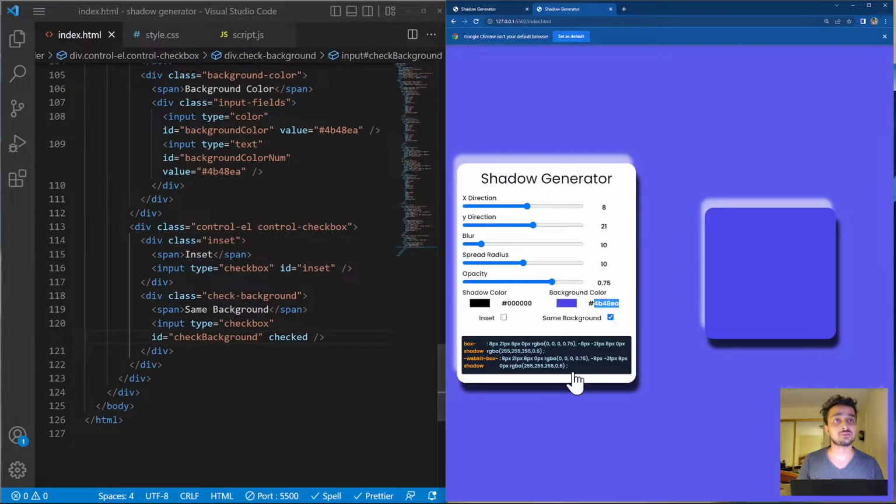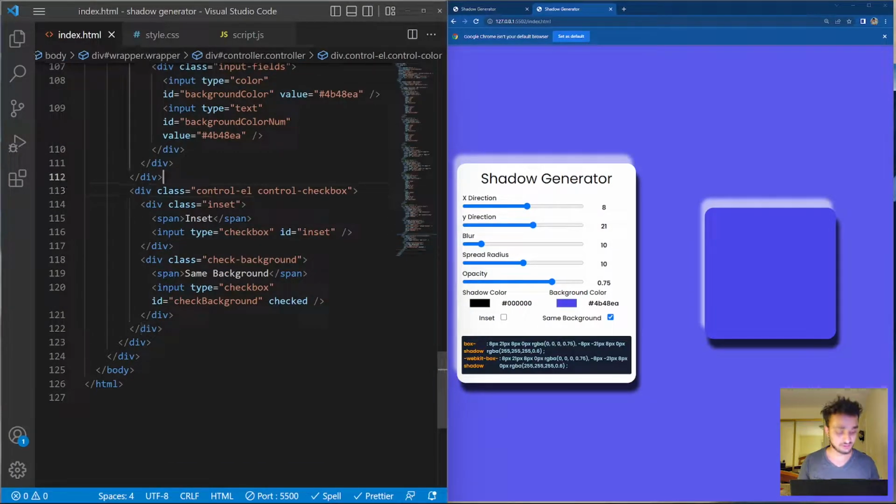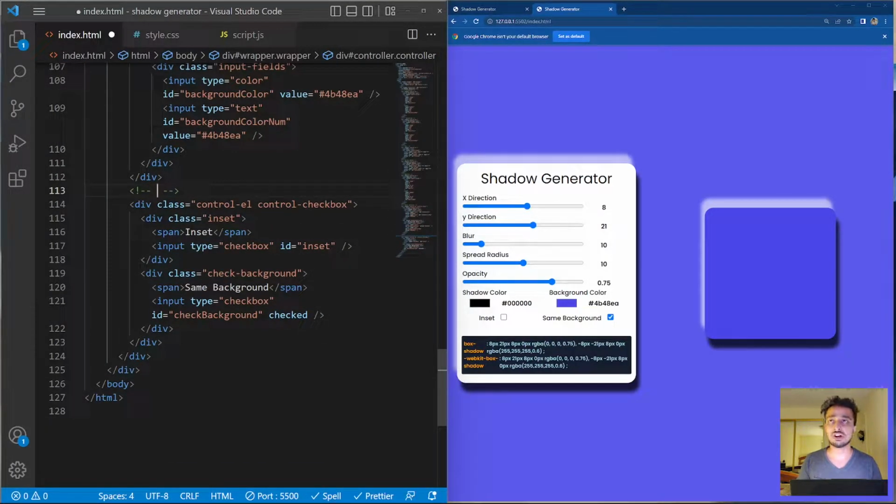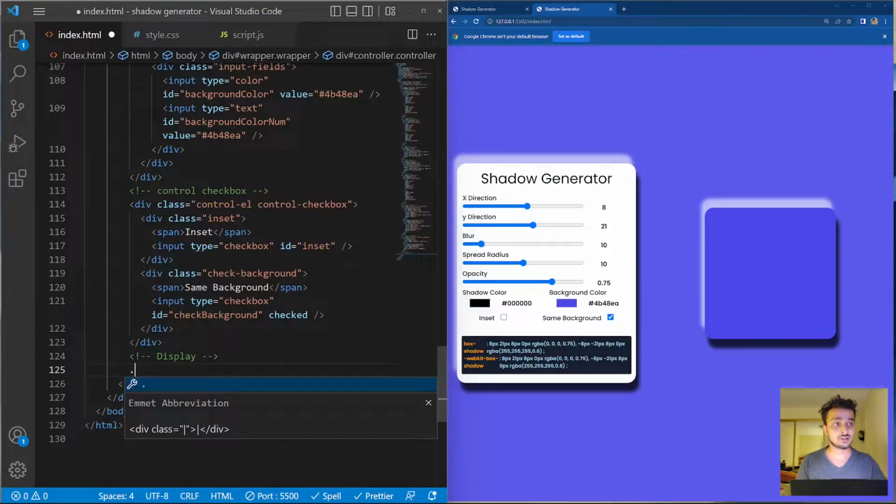Okay, so after this, let's work on this display. So right below here, I'm going to give a comment here, and this one is going to be control checkbox. Right below here, let's work on the display. Here, I'm going to create a div with a class name of display container,